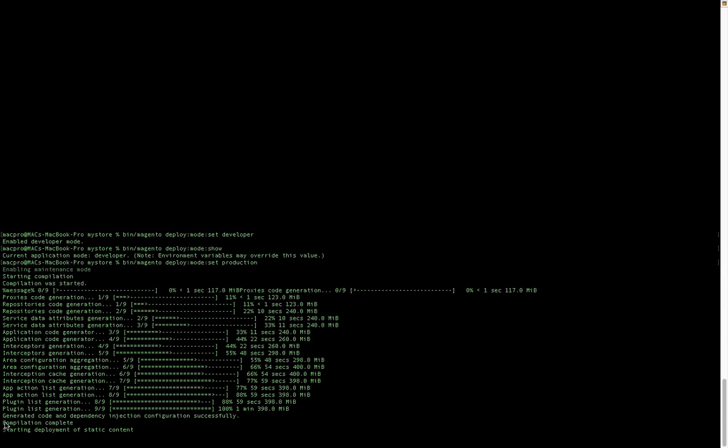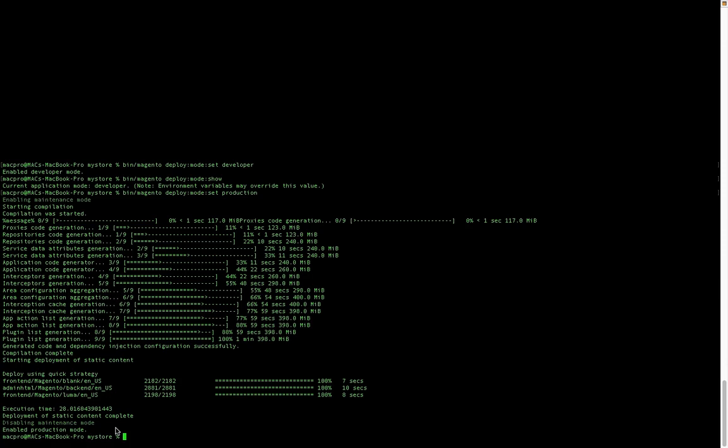Generated code and dependency injection configuration successfully. Compilation complete. Starting deployment of static content. Enabled the production mode.